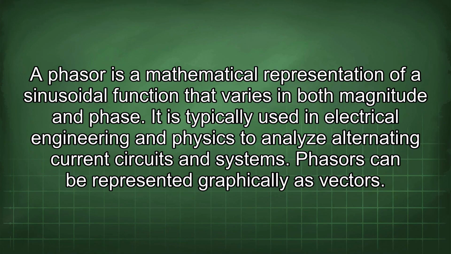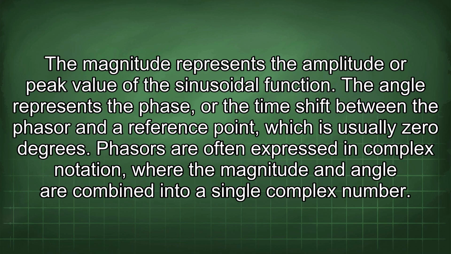A phasor is a mathematical representation of a sinusoidal function that varies in both magnitude and phase. It is typically used in electrical engineering and physics to analyze alternating current circuits and systems. Phasors can be represented graphically as vectors. The magnitude represents the amplitude or peak value of the sinusoidal function. The angle represents the phase, or the time shift between the phasor and a reference point, which is usually 0